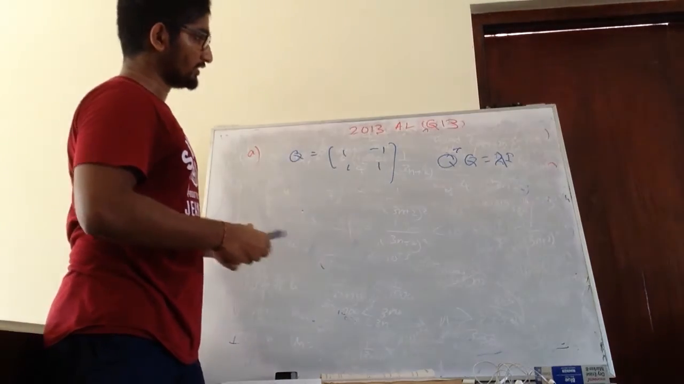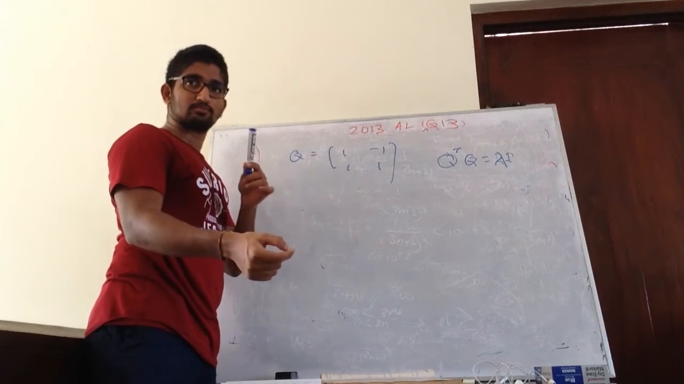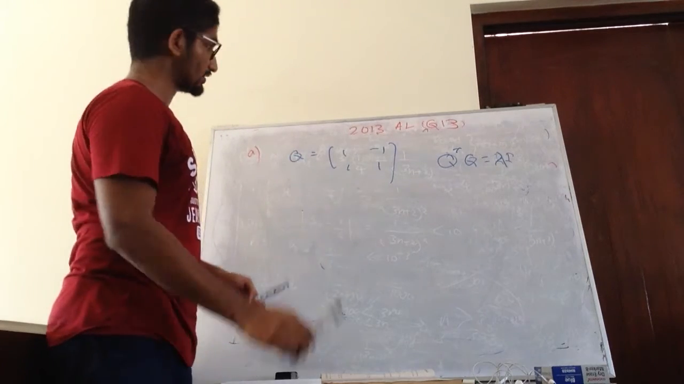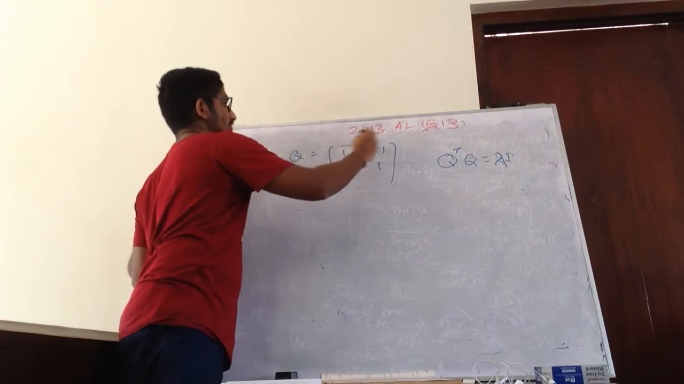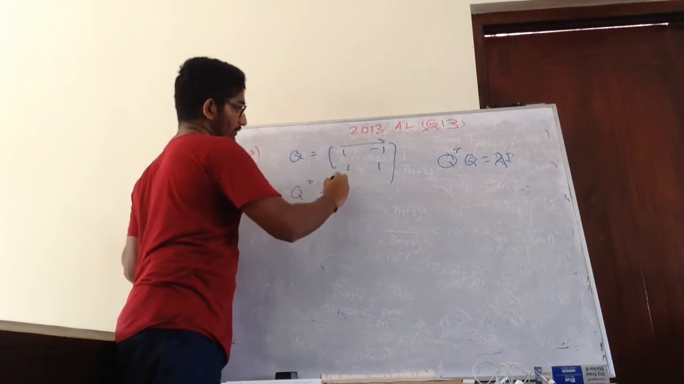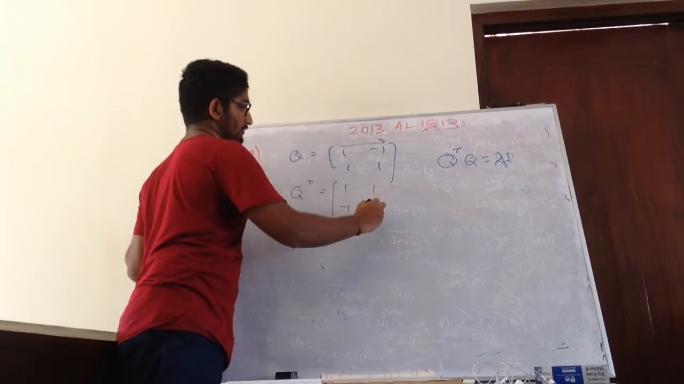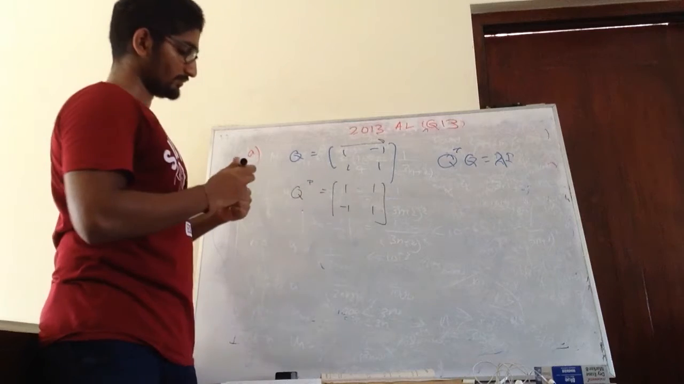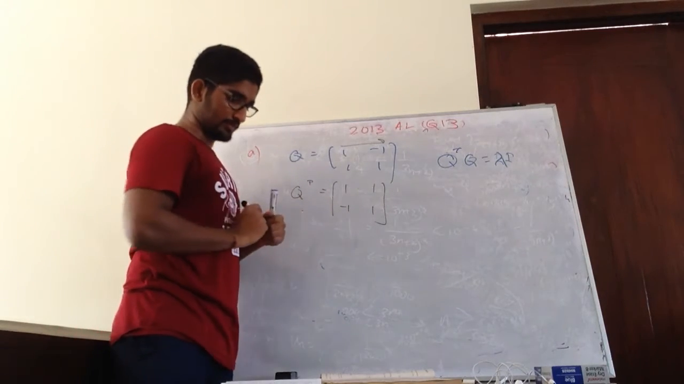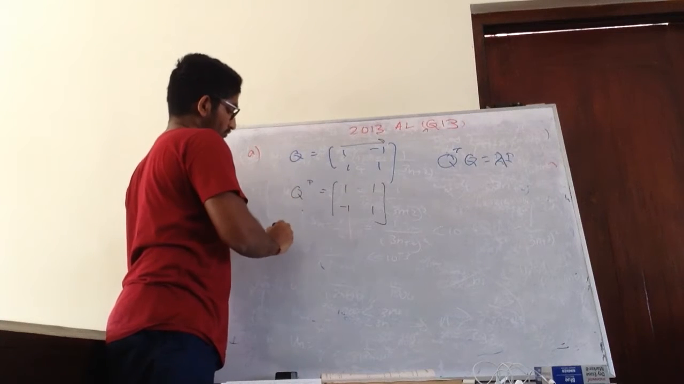Correct. So what is transpose? Transpose is when we interchange the rows and the columns. If we interchange the rows and columns, this row becomes the column, so 1, -1 will come here, and 1, 1. Correct, no? Right, so if we take Q transpose Q,